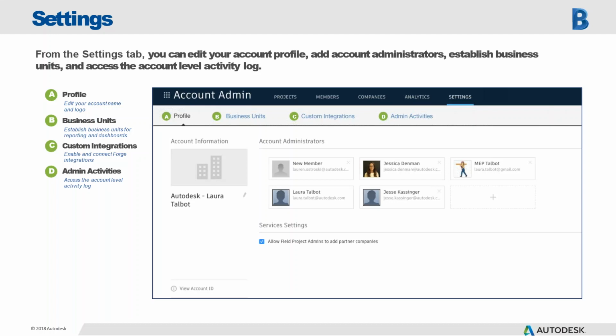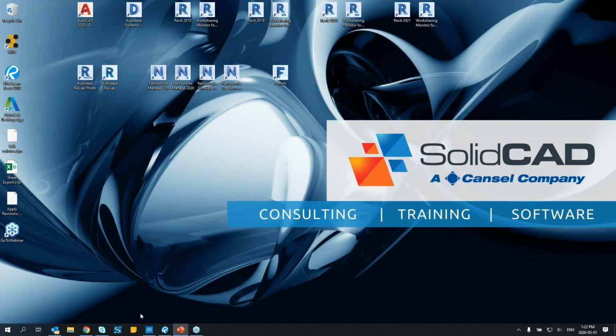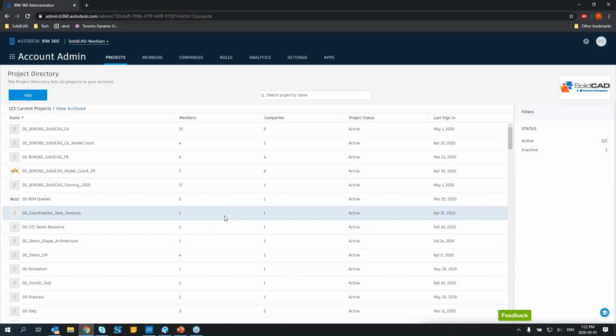We're able to add custom integrations. I can add integrations into Forge, or I can add integrations for Bluebeam. And I can also see a log of who did what at what point. Okay. So at this point, I think I'm just going to jump over into